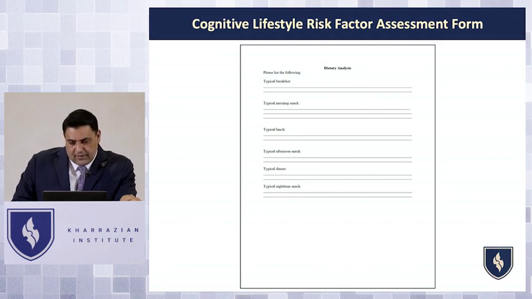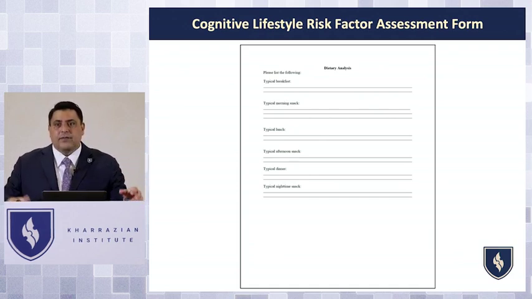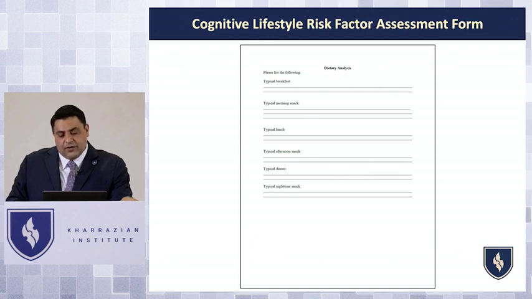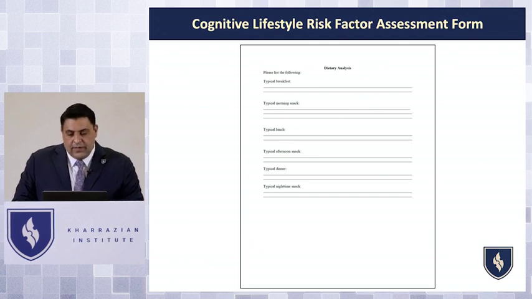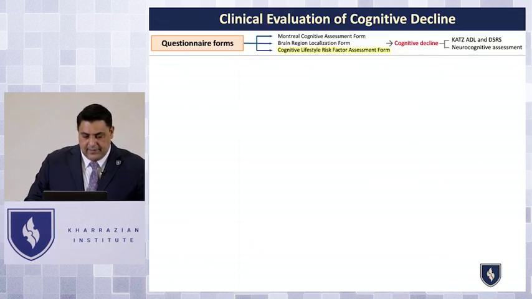And then on the last page of the cognitive assessment form, it just has them write down their typical breakfast, typical morning snack, typical lunch, typical afternoon snack, typical dinner, and typical nighttime snack. So you can quickly screen their diet and see if they're getting healthy amounts of fats in there. Are they eating way too many sugars and carbs? Remember, dietary-wise, high amounts of sugars and carbohydrates and fats and fried food are definitely going to promote dementia and cognitive decline. And diets really high in polyunsaturated fatty acids and healthy fats are going to have the opposite effect, be protective. So that will then go through and quickly give you a lot of information with those forms that